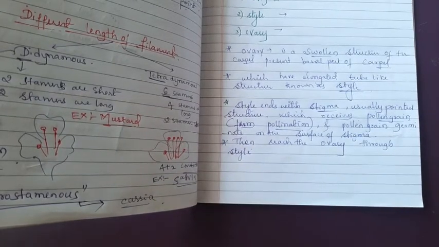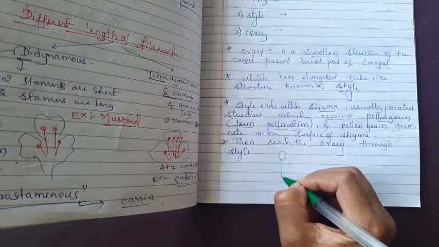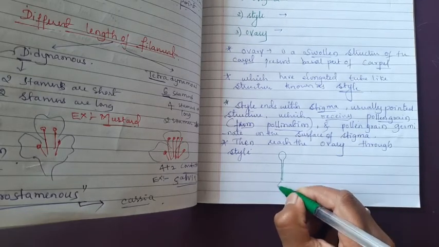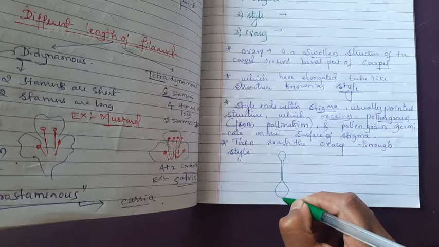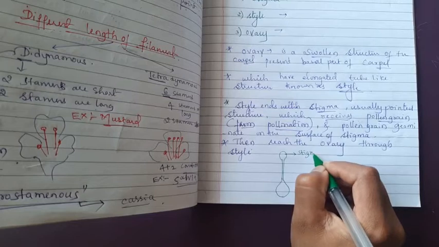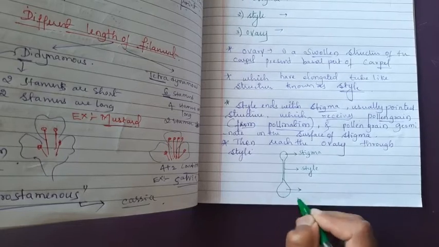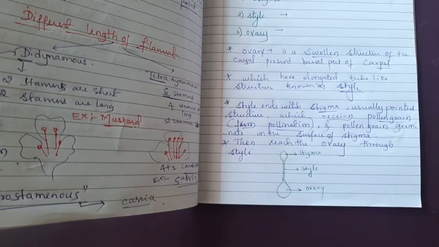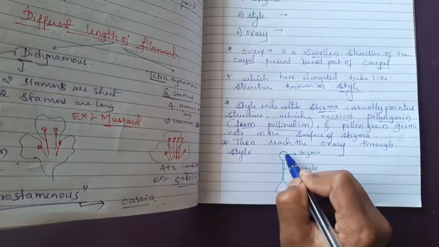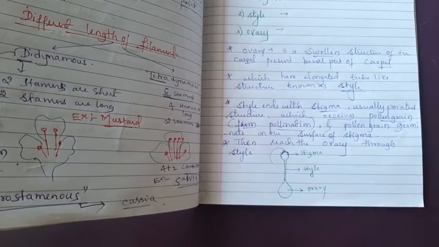ಈಗ ಸಪೋಸ್ ನಾನು ಹೇಳಬೇಕಂದ್ರೆ, here very minute pointed structure is known as a stigma and elongated structure is known as a style and somewhat swollen structure is known as the ovary. Okay, this one is the stigma, style, this one is the ovary. Okay, the stigma is somewhat pointed and it is sticky in nature. It has the capacity to receive the pollen grains.